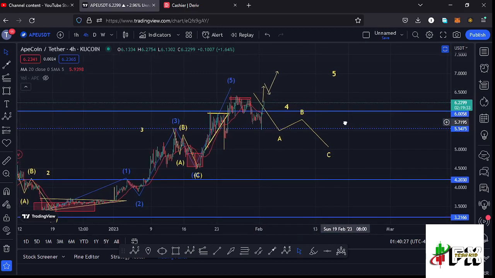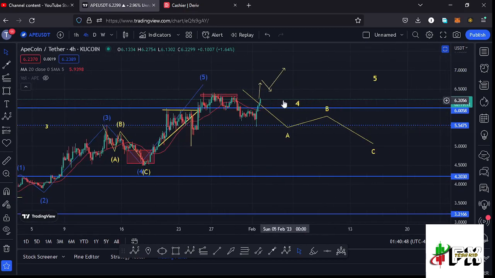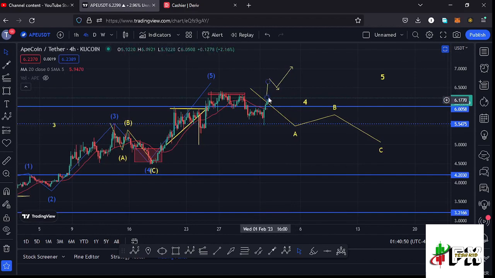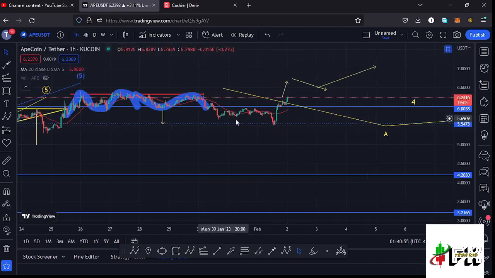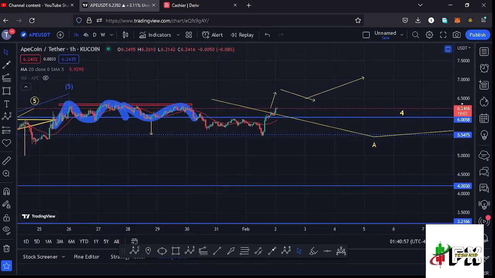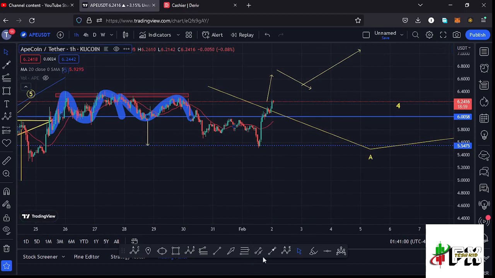And once that happens, then that will be another perfect entry into Apecoin, so that we can ride that bounce to the upside in the formation of this larger AD12 count 5. So that is what I'm expecting here on the Apecoin chart, and I'm also expecting to see a retest of this key area of support on the lower time frames, and jumping to the 1-hour chart to see whether we have seen the retest. Once we manage to break above that key area of resistance, you can see the retest